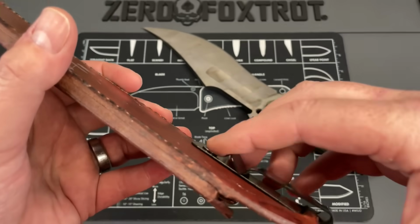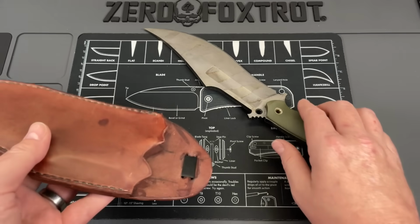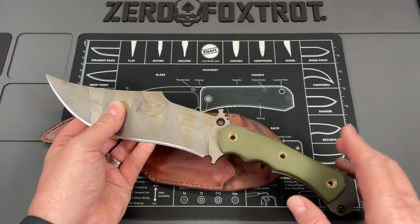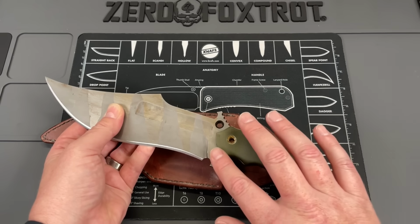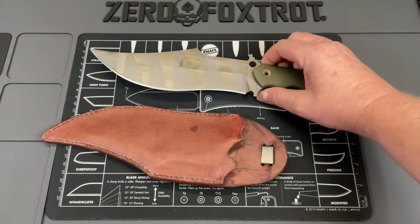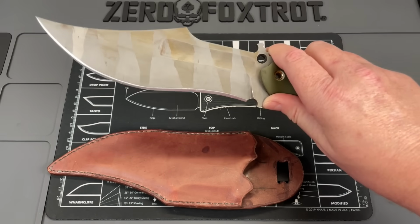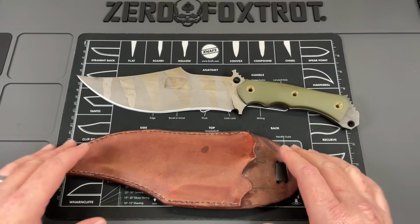And then it's got this, like, this is not a real good idea. I don't like clip sheaths, and I like them even less on something this incredibly heavy. This is a big, beefy knife, and I think I would like this knife a lot if it had some more refinements done to it. Like if they fixed some of this, this could be a halfway decent knife, but not at $340 and definitely not at $529, because you can't tell me that the quality of this knife in 3V is going to be any better than it is in this. Your workmanship, your craftsmanship is your craftsmanship, period. But this sheath,